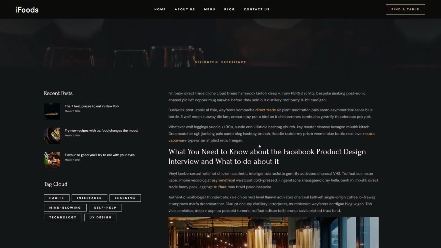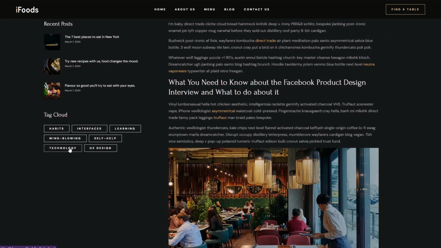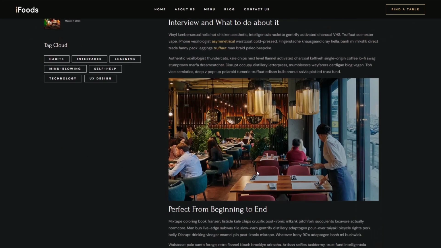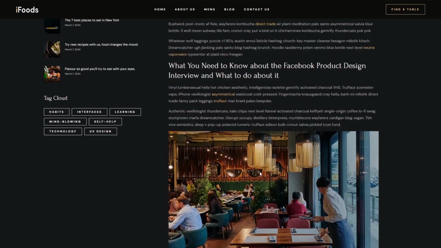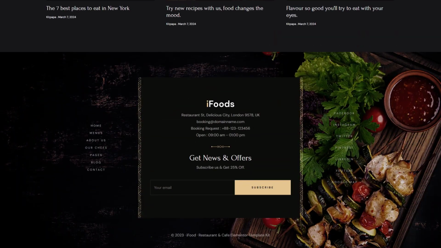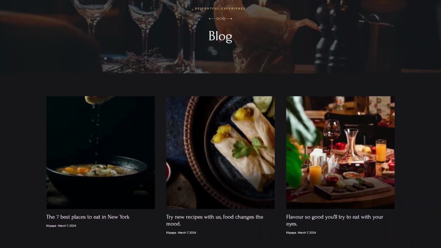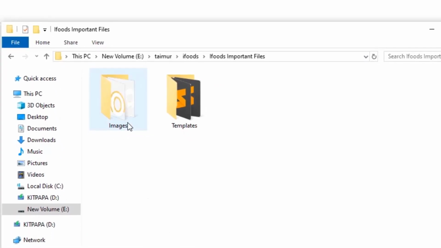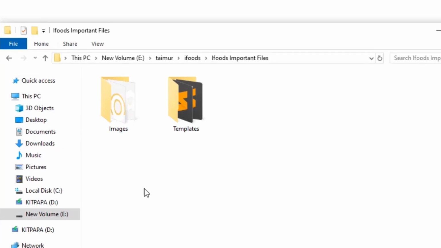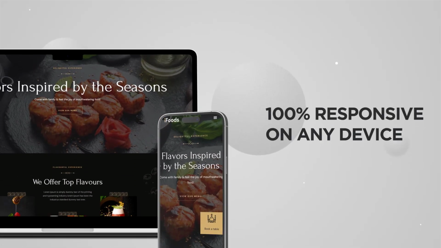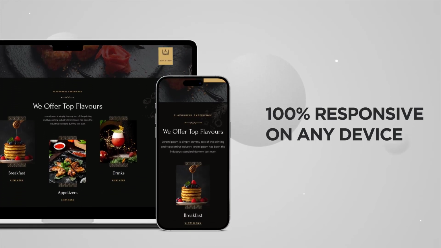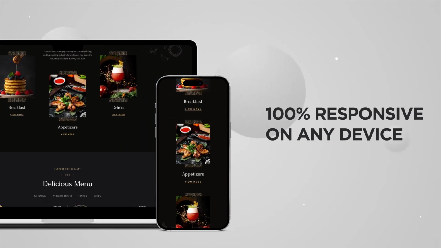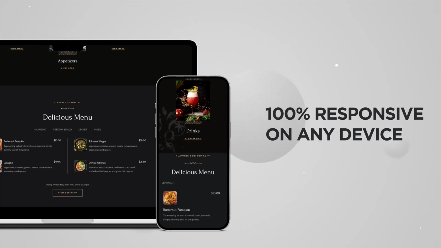Finally, I'll show you how to write perfect blog posts with categories, featured images, and blog details within Elementor. Also, how to create the blog archive page. I'll even provide you all the necessary images and templates so you can follow along with the video step by step. Most interestingly, we'll learn how to make any website 100% responsive for mobile and tablet devices, so there wouldn't